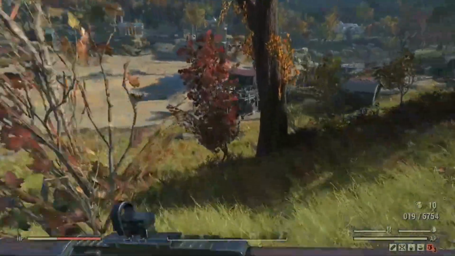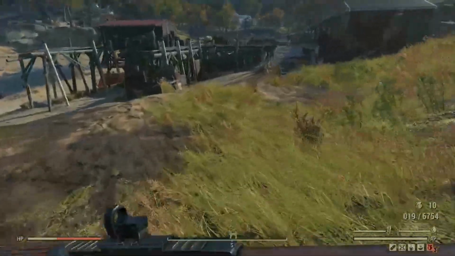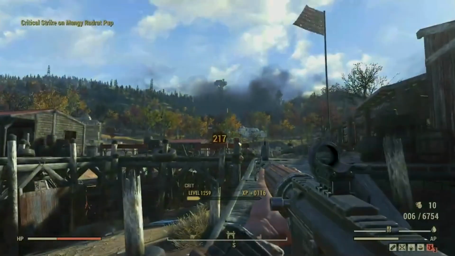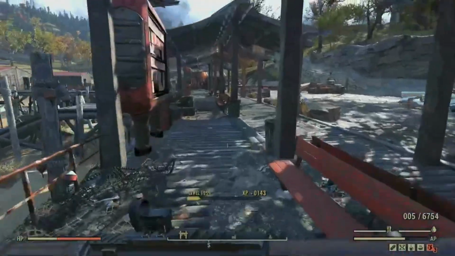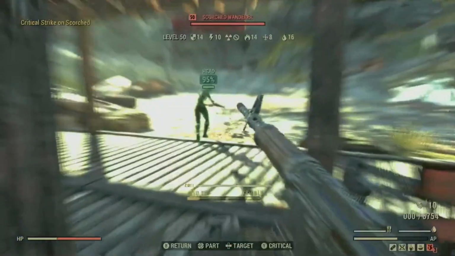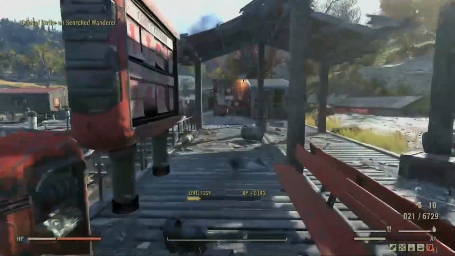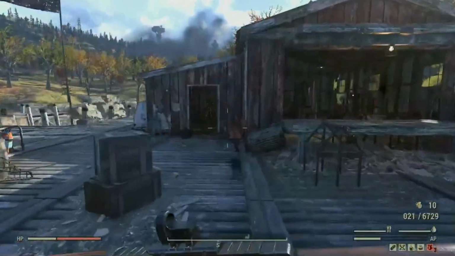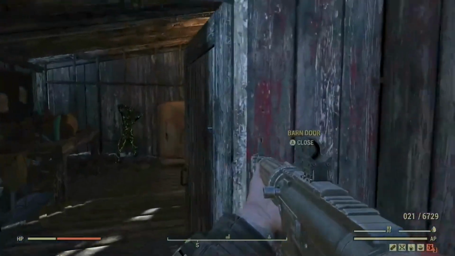Try to avoid using explosive weapons here, because if you move the spawns, you're going to have to fast travel away and back again for them to reset. So, and we're going to come to this building at the end. We don't want to kill that guy there. We want him to